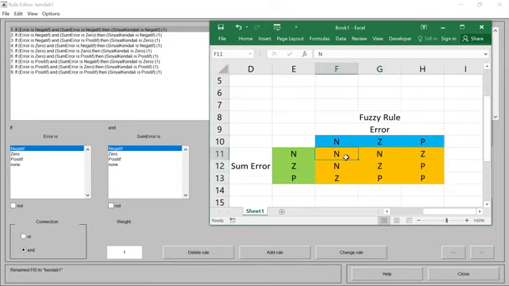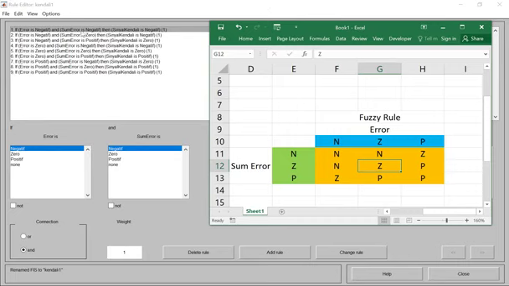This is the first input, this is the second input value, and this is the output. So if the error is negative and the sum error is negative, the output is negative. And if the error is zero and the sum error is zero, the output is zero here.